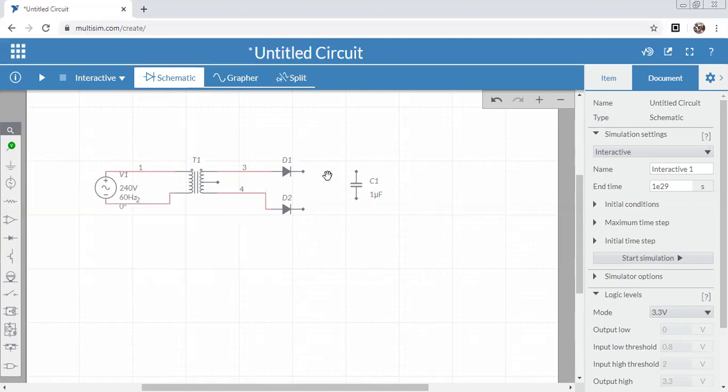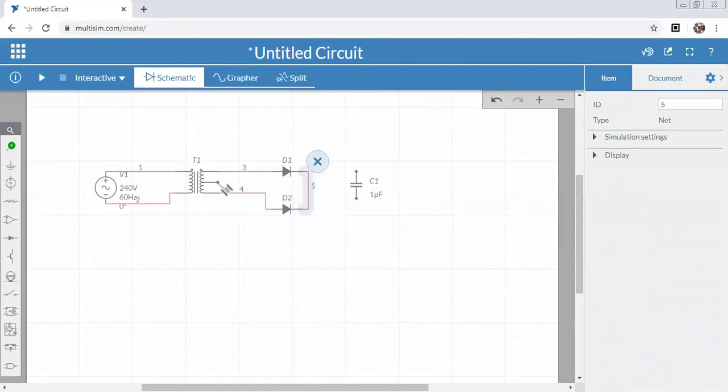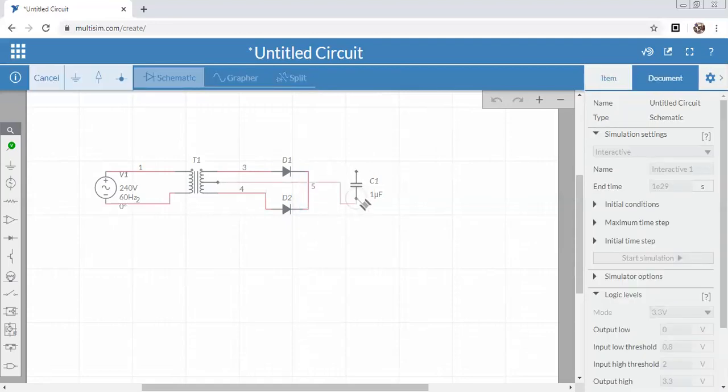There are four types of filter we mainly use: low pass filter, high pass filter, band pass filter, and band stop filter. A low pass filter means it allows only the low frequency signals. A high pass filter means it allows only the high frequency signals. We won't go into that much depth here. Simply, the capacitor is used to remove the unwanted signal and produce a perfect DC signal at the output. So I'm connecting the capacitor with this transformer like this.